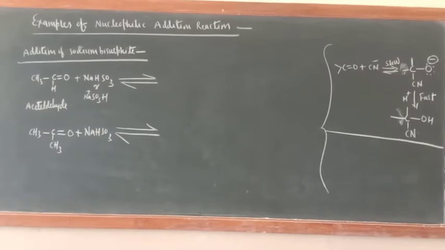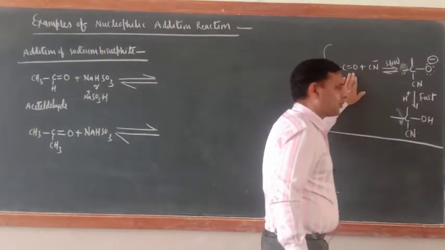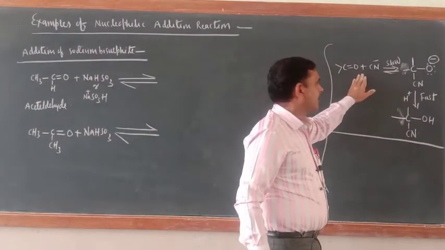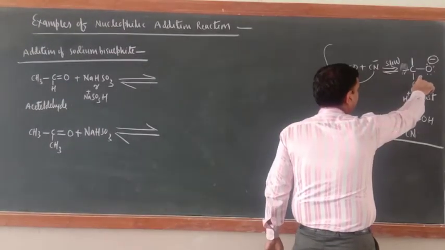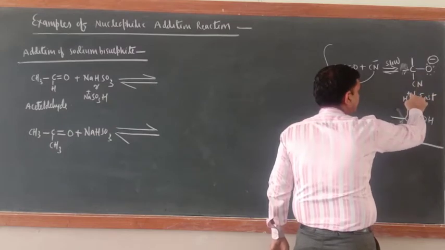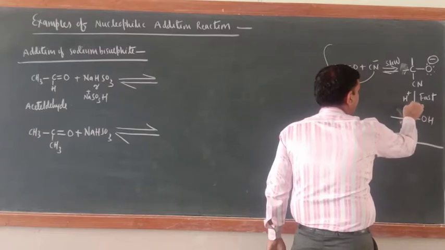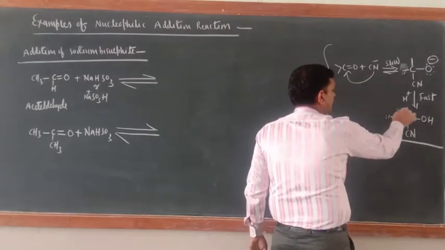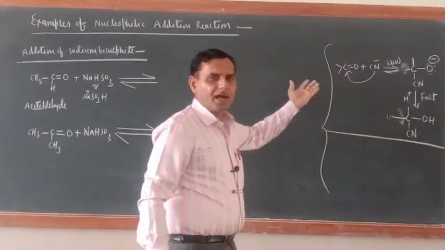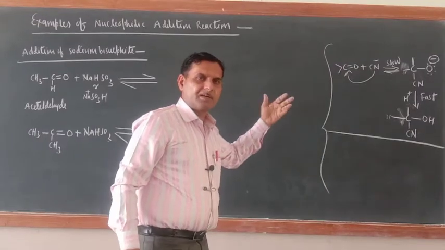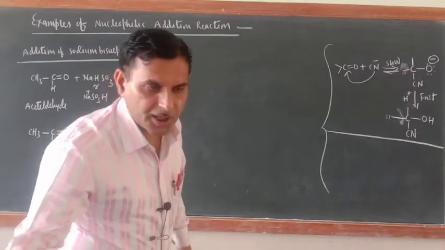If you want to see the mechanism of aldehydes and ketones with HCN, this is the mechanism. The first step is the slow step. Now attack of the nucleophile is there. After the attack of the nucleophile, a tetrahedral intermediate will form, and the second step is protonation of oxygen. Now this is the compound. If it is an aldehyde, then write here CH3 and here H. If it is a ketone, both will be CH3 groups here. You will get this one. The steps are the same as I have taught you for the mechanism in case of a strong nucleophile. So I don't think there is a need of teaching the mechanism.